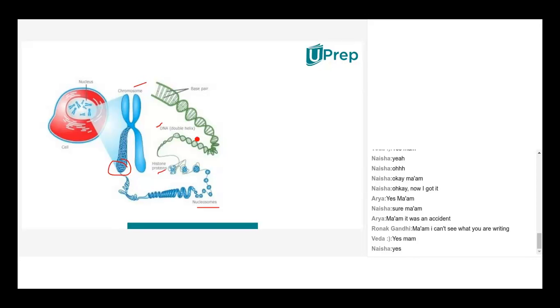Why are all these so tightly arranged? So that they can fit inside the small cell organelle called the nucleus. See, the cell itself is very microscopic. We can't see it with the naked eye. And when you come to the nucleus, it is submicroscopic, in nanometers. Within the nucleus, we are having billions of DNA. How do they get fit inside? Because of this compact structure. So this is how the structural importance is carried out in the nucleus.